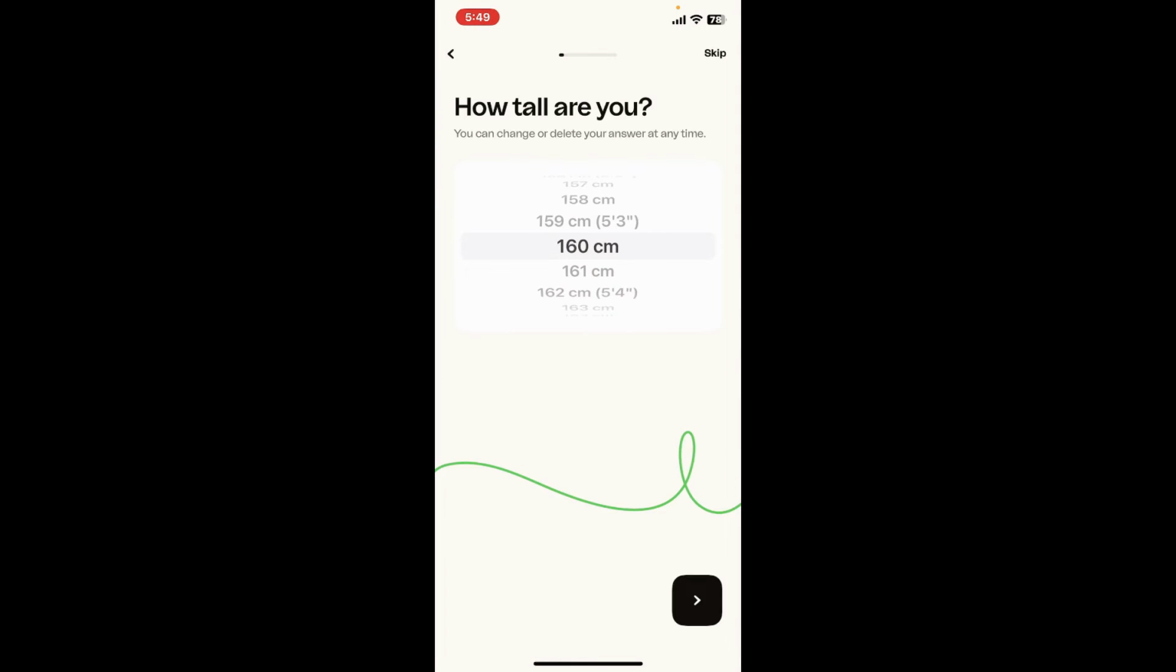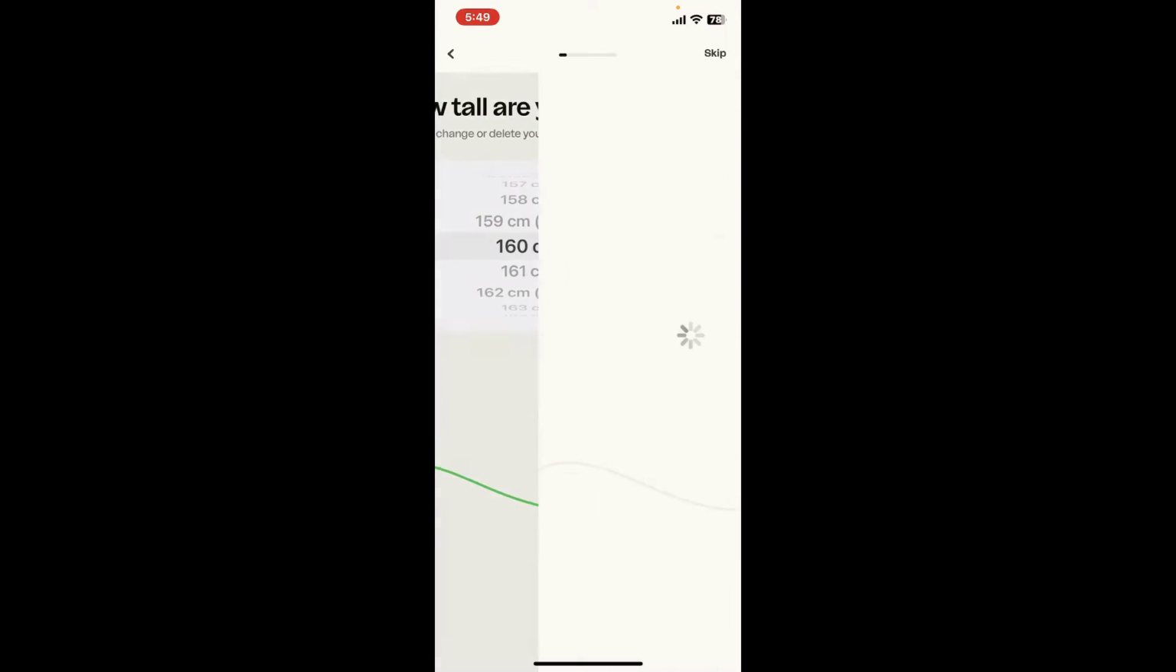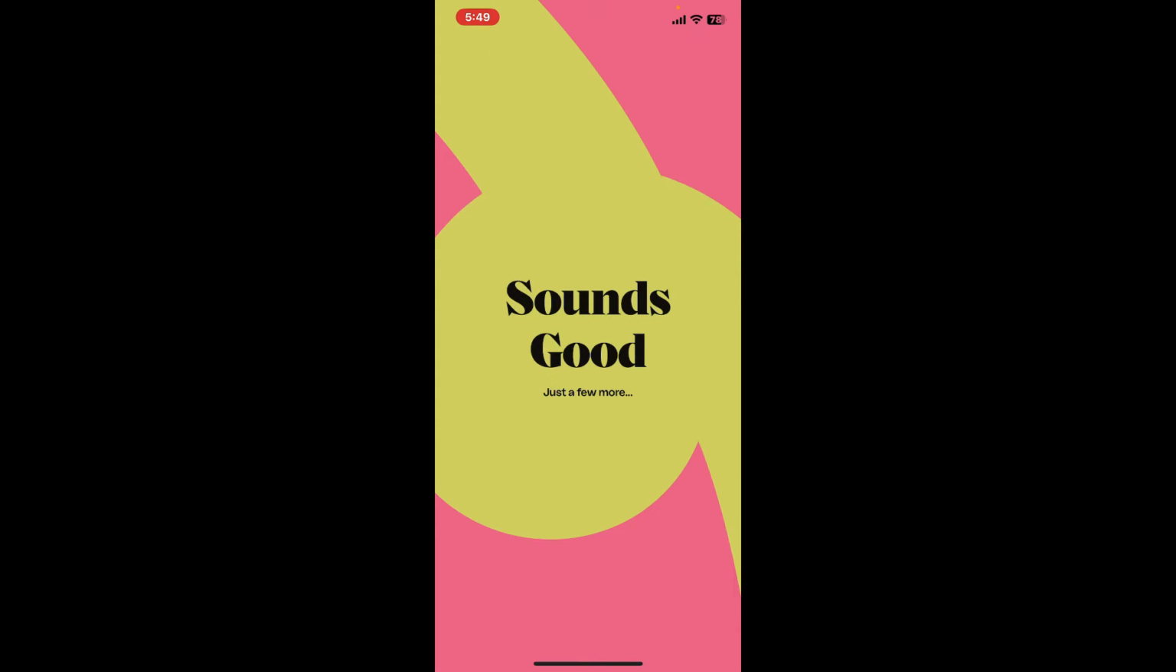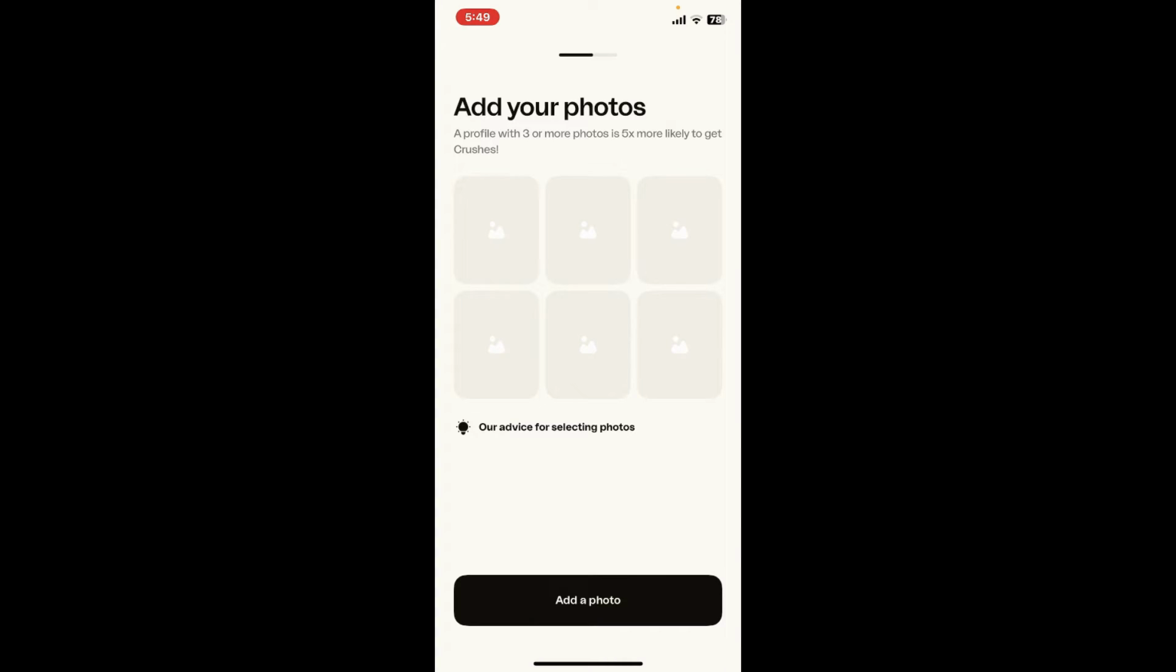Select your gender on the next page. You can also enter some more information such as your height, your sign, and the gender you are interested in meeting. You'll also need to choose what you are looking for on Happn, or simply skip this step for now by tapping Skip at the top right corner. Follow through the instructions till the end, answer all of your questions,